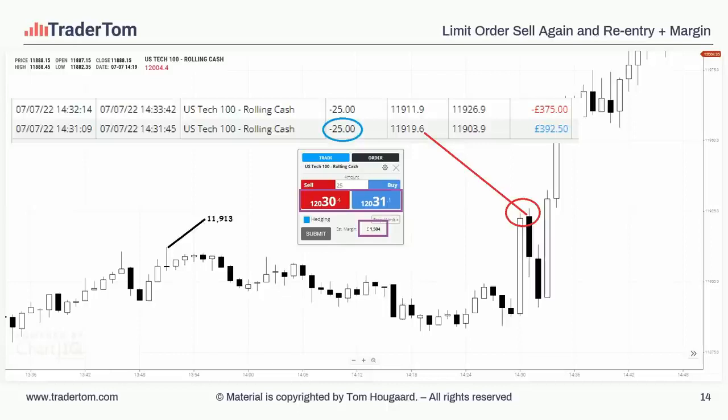Here I try another short position. Now the Nasdaq has moved up. What I wanted to show here is how much margin is required to trade £25 a point. And as you can see, I am only required to deposit £1,500. I'll talk to you in a moment about the broker that I use, because I think it's important that you